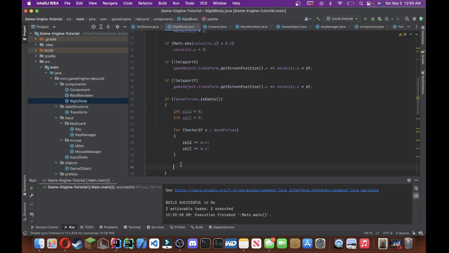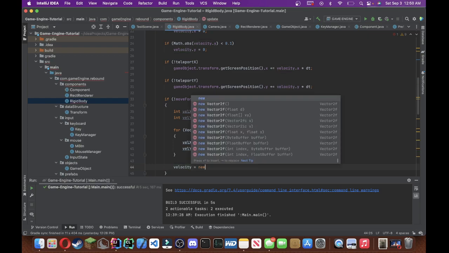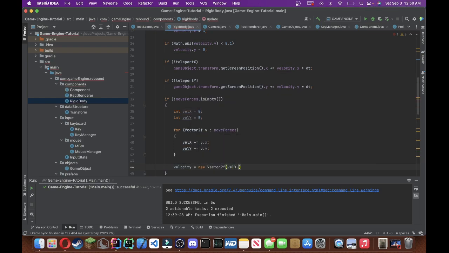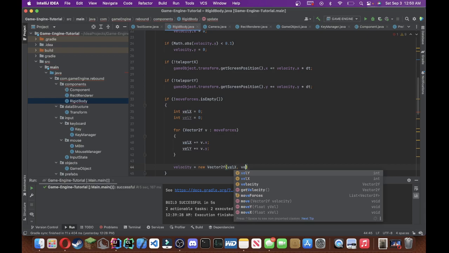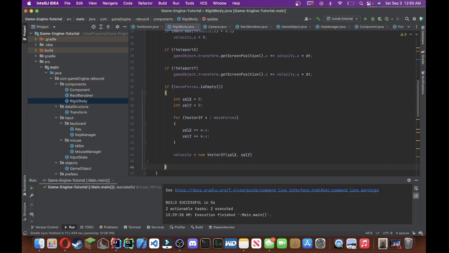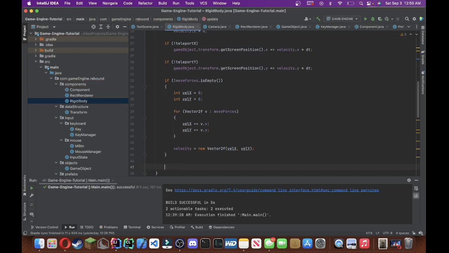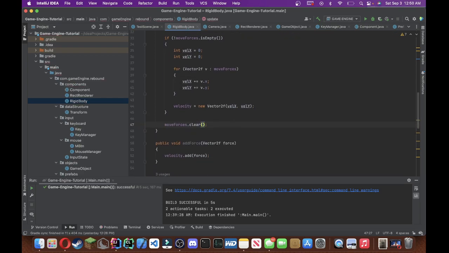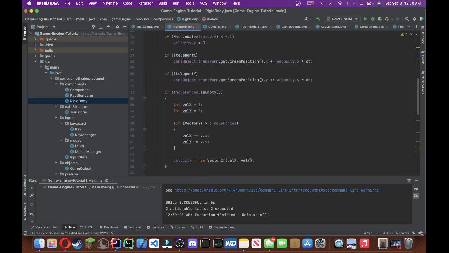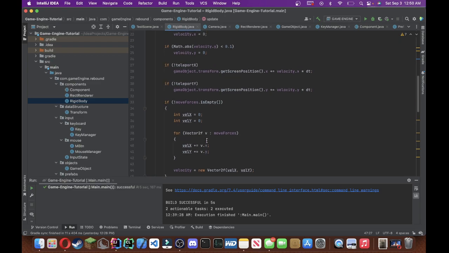Not sure what this code does. I wrote the code too. Whatever, let's do this vel y. It is 12:50 in the morning, so not really in the mood to figure it out, but let's just write the code anyways. Move forces.clear. Alright, so that does that. Not sure exactly what it does, but